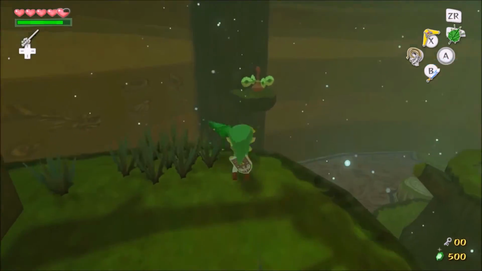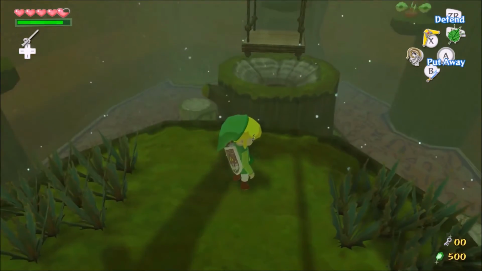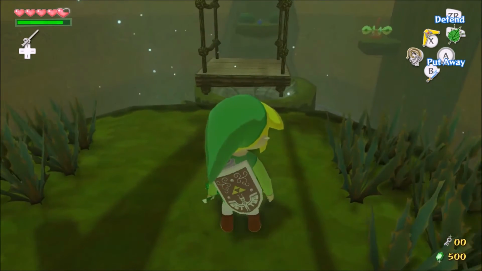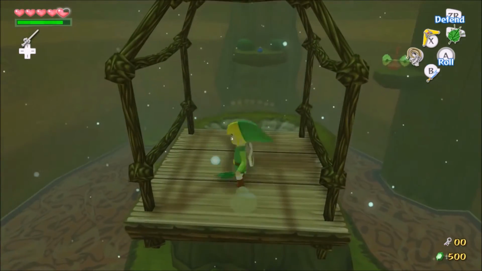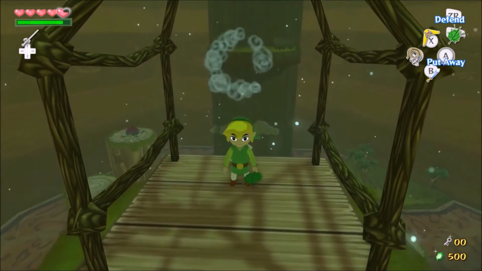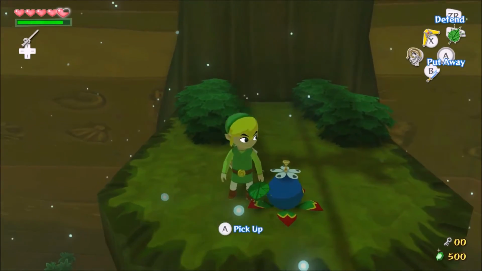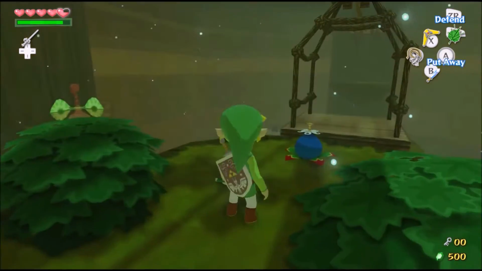Once you're at the top platform, use your Deku Leaf to hit the propeller and make the platform come towards you. Hop on the platform and use your Deku Leaf facing the opposite way to propel yourself to the other side of the room. Pick up the bomb flower and throw it in the middle of the jail cell that's in the middle of the room. This will destroy the flower that's guarding the chest. Then you can jump in